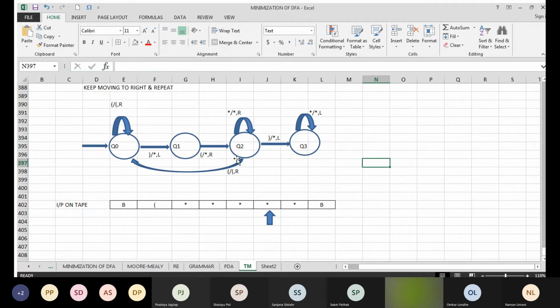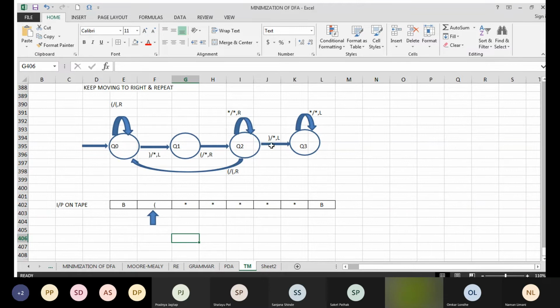In between, when we are moving here towards left, whether we should encounter this, yes, here we should encounter somewhere here. Now we are skipping this star and then we are supposed to encounter left parenthesis here. So the transition of this, what to do for left parenthesis, is already given